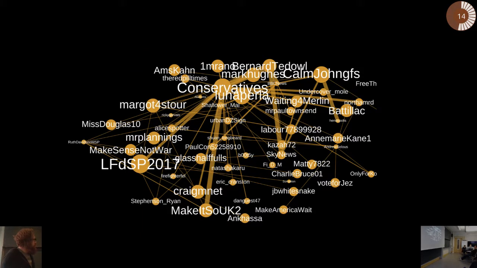We might imagine that this other one is more centralized and less decentralized, because it has more of this sort of flower shape. But this is just by looking at it visually with this particular layout algorithm,